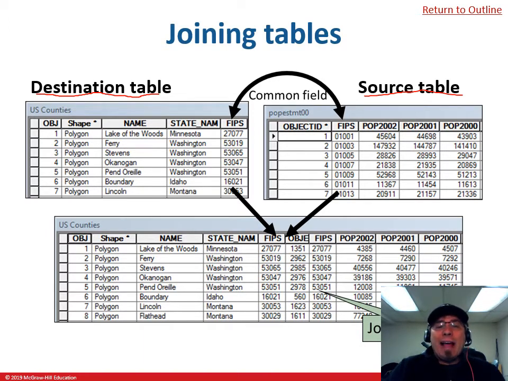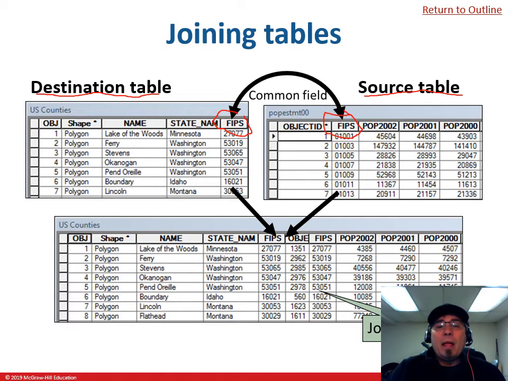So I open up the attribute tables and see if there's a column in each table that is the same. In this case, this one has FIPS and this one has FIPS. Well, that's convenient, because a FIPS is a federal identification number, think of it sort of like a social security number for the states and counties. It's a unique identifier, nominal data, that allows us to uniquely identify these